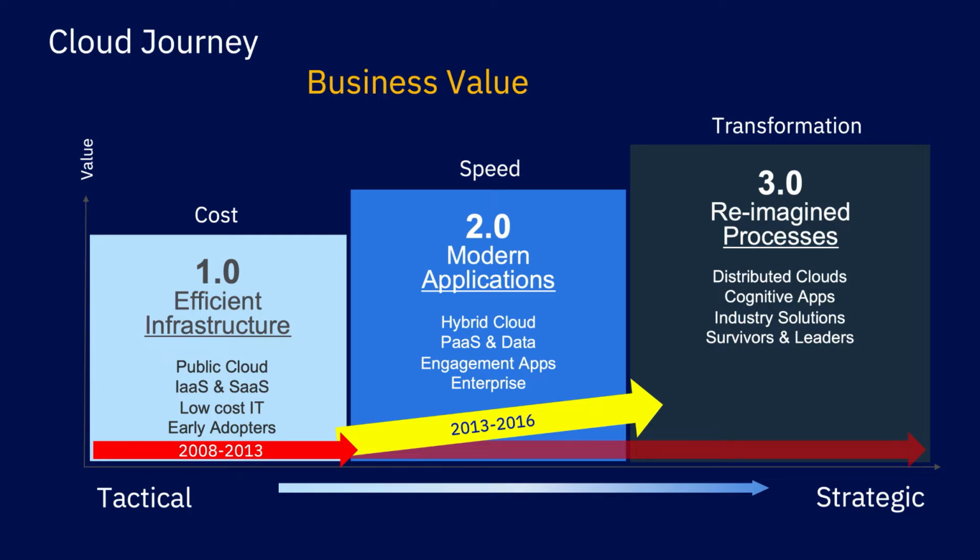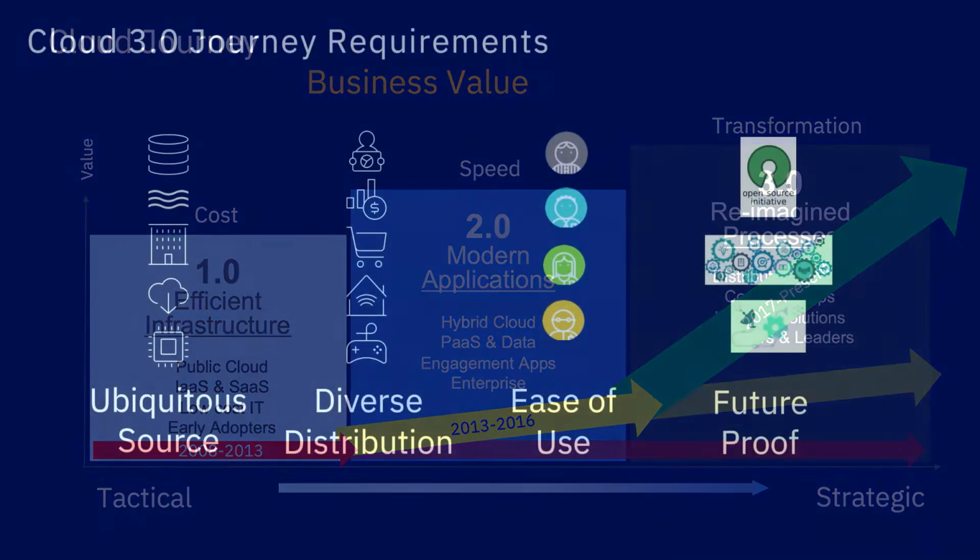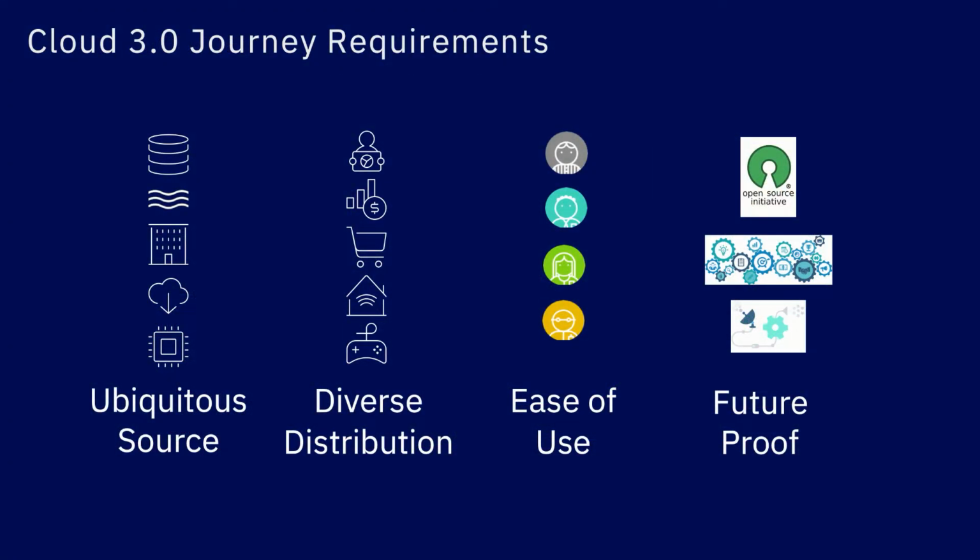If we're going to take advantage of this cloud architecture, what we really need to do is understand how we turbocharge our businesses. How do we really get new clients? So the way to do that in a Cloud 3.0 journey is that we must be open to ubiquitous sources of data. And then how do we distribute it? How do we give it to users no matter where they're at,